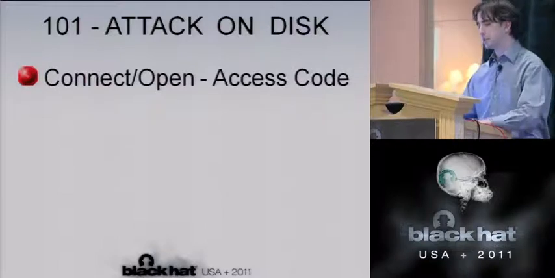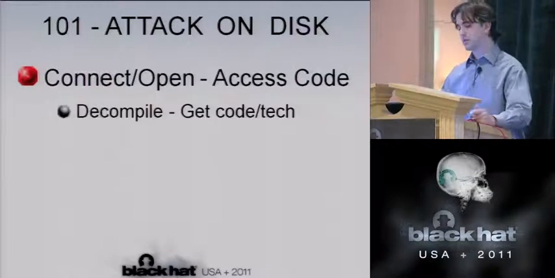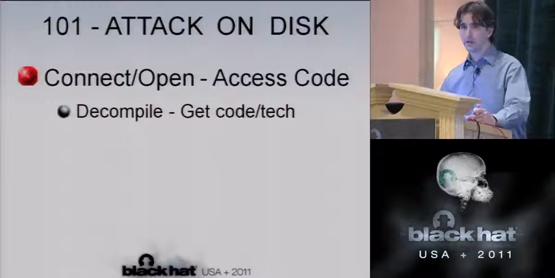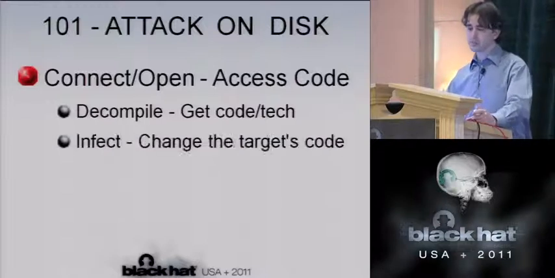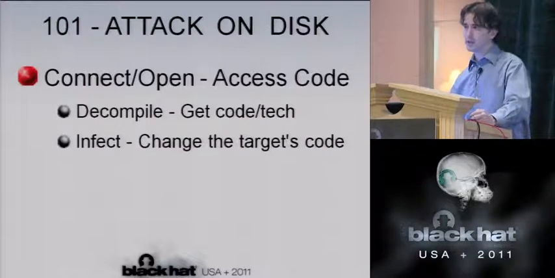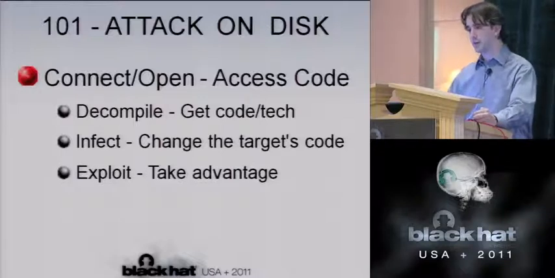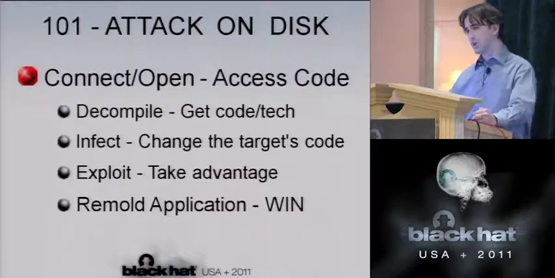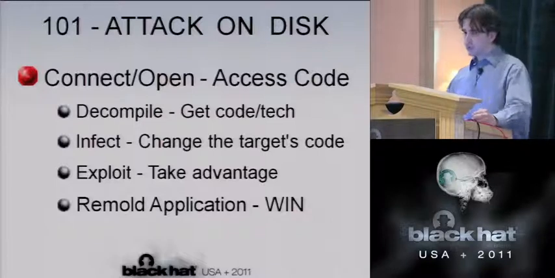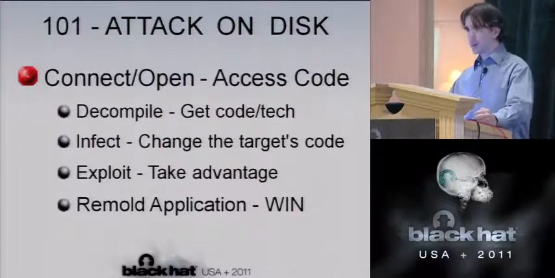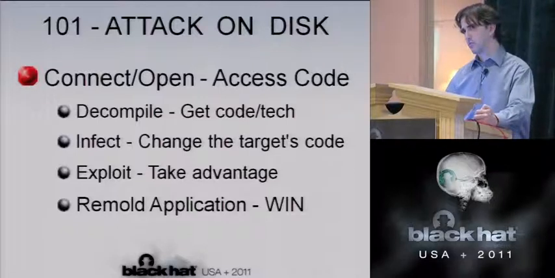You're attacking on disk. You open and access your source. You decompile it, you gain access to its base technology. You infect it, and you change your target's code base. You exploit it to take advantage of its weak spots in code and architecture, and you remold it. That's it. It's pretty much a quick round trip, assuming that you're going up against a weakly architected application with minimal